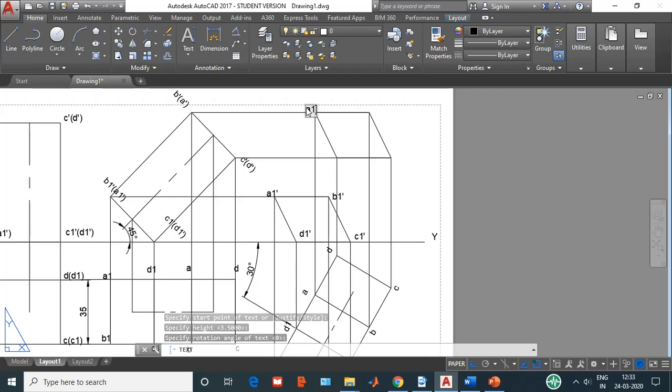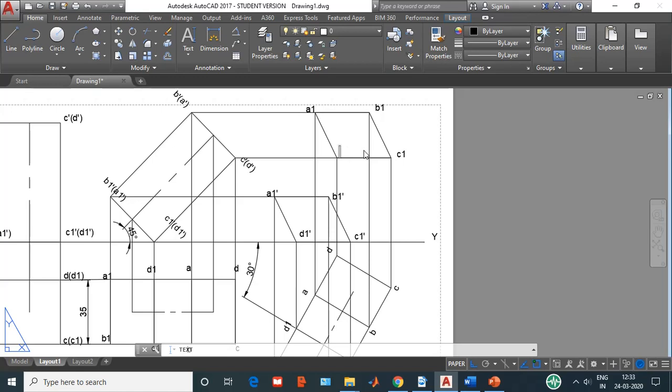So this is A1, this is B1, this is C1, and this is D1. Okay, and I'm supposed to use it as A dash, B dash. Sorry, the namings are A dash, B dash, C dash, and D dash.